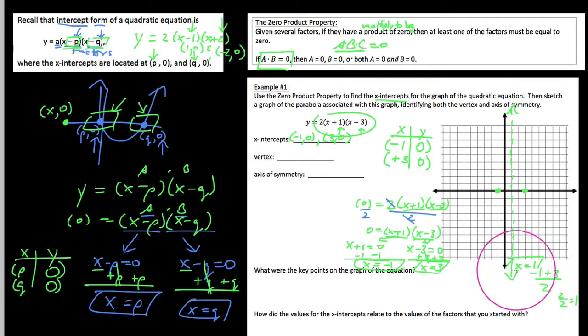We want to label this equation here. So we say the axis of symmetry is x equals 1. And then furthermore, the vertex also has to have an x value of 1. How do I find the y value? We need to go find f of 1, which means we're going to plug this x value into